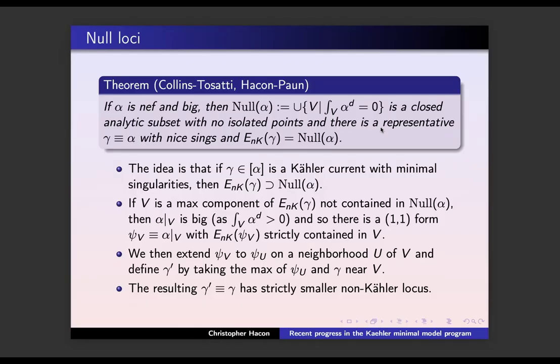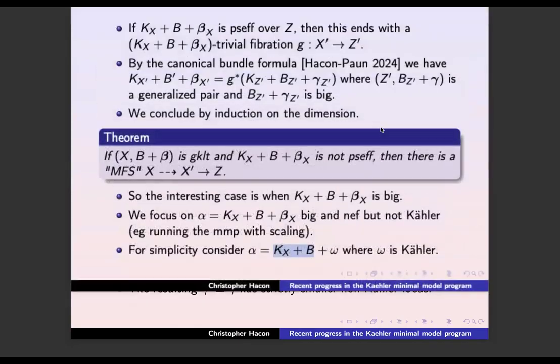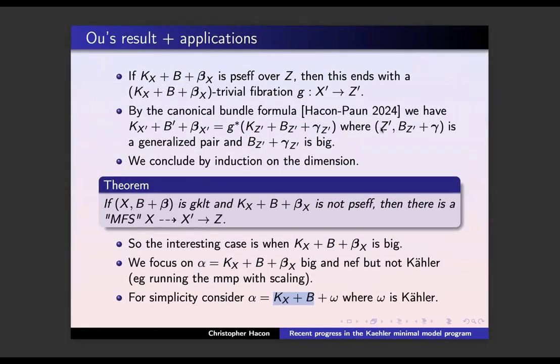I'm just trying to understand some of the technicalities. When you run the Kähler MMP in the projective case, you never leave the projective case, I guess that's the point. The relative projective case. Yes, correct. It's clear that you never leave the Moishezon case, but then